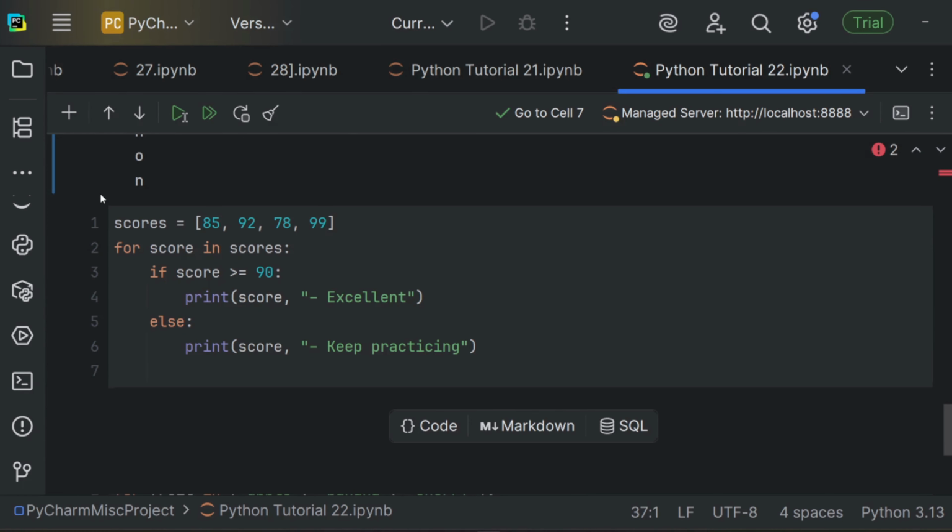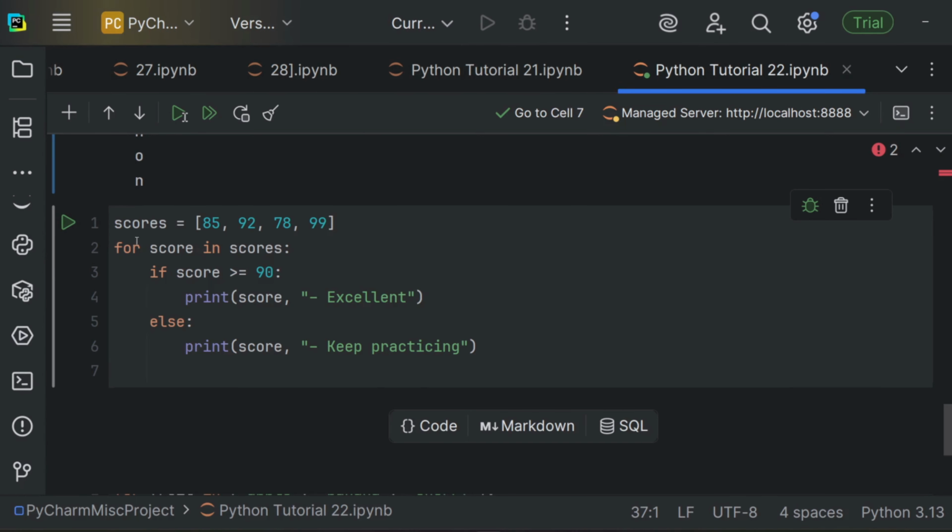Okay, let's say 4 of your friends just wrote a math exam and your scores are sent to your teacher. Now, what if your teacher wants to filter through each score and give you a comment based on that? This is a real-world grading example. We loop through each score, check if it meets a condition, and respond accordingly.